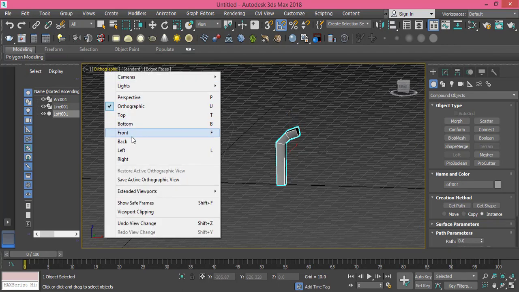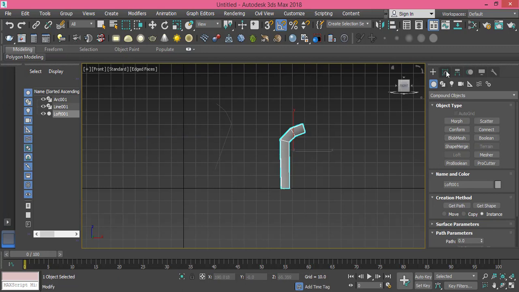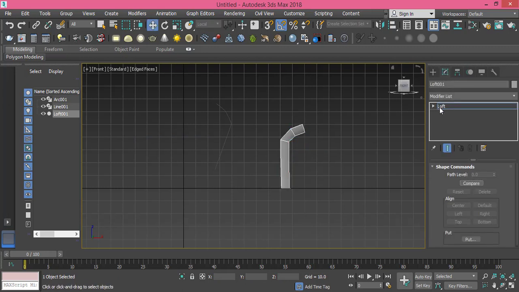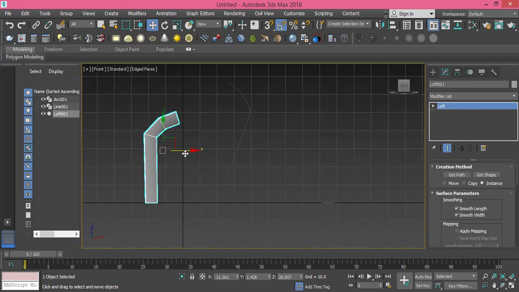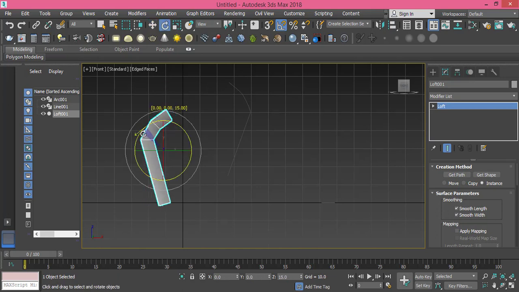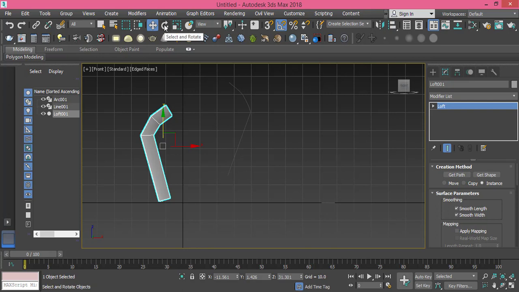So we get back now to front view, and I will pick this loft and push him to the left like that. He actually needs to be rotated. Not much, maybe like that, and let's push him up. Now what we need to do, we need to create a copy of him, so we can do it using